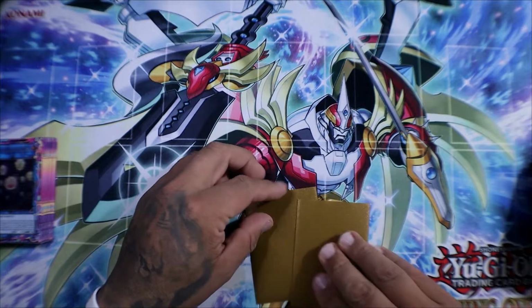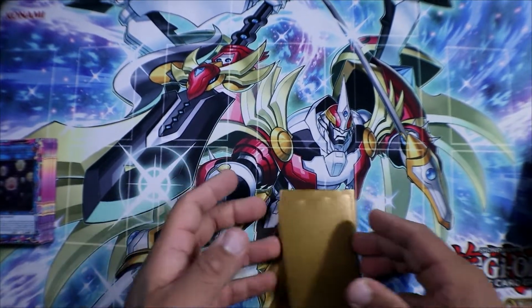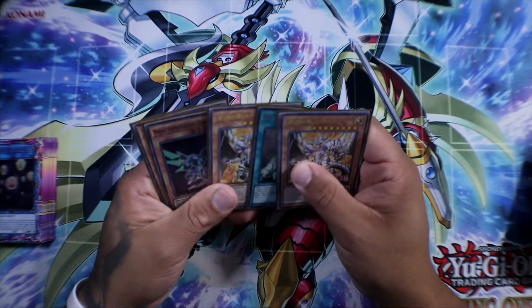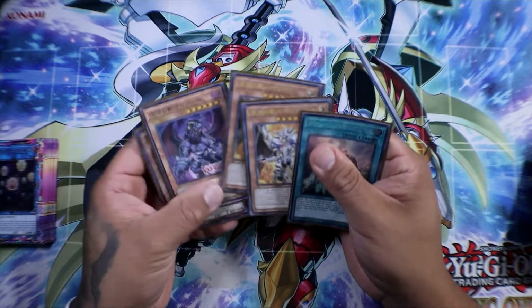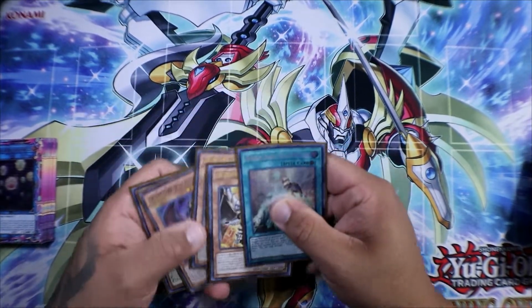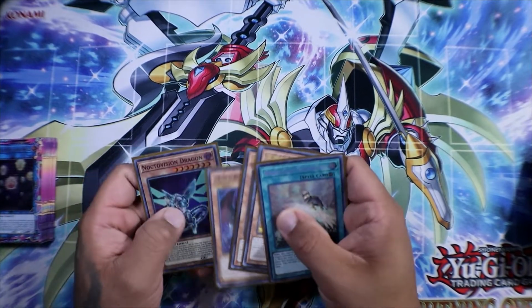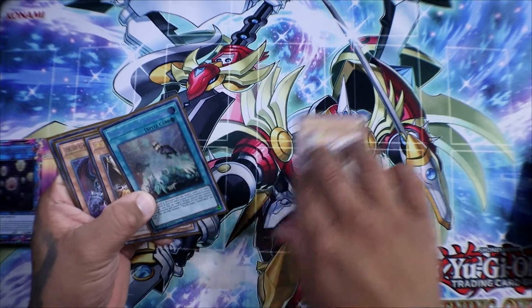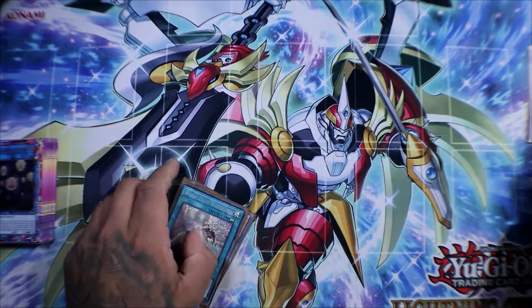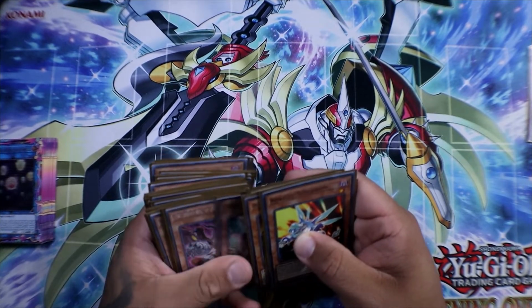So we're drawing 1, 2, 3, 4, and 5. Let's see what we got. Okay, so we got 2 searchers, 1 summon, 1 basically Monster Reborn, really good for the Byssted play, and this is also good for drawing. So let's start our play. We're going to pitch this, search for our other searcher,